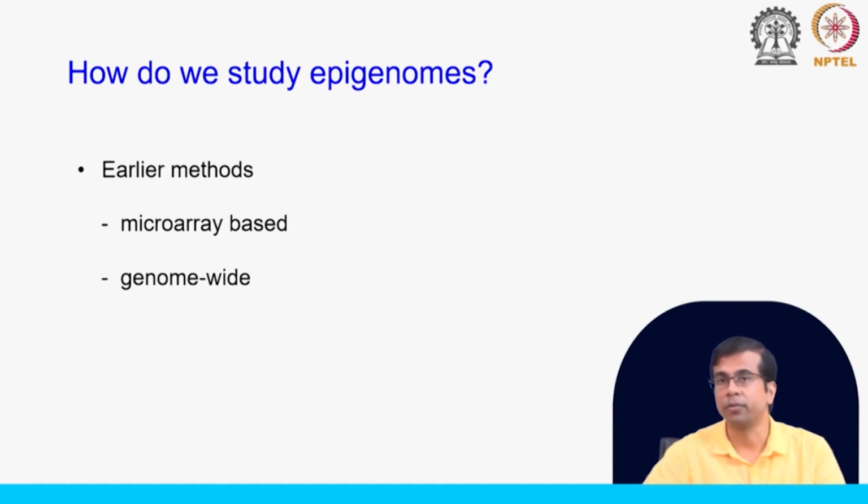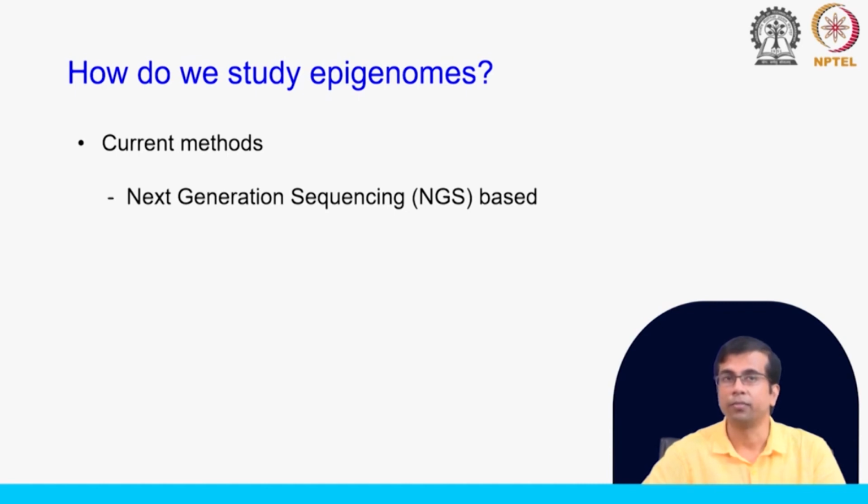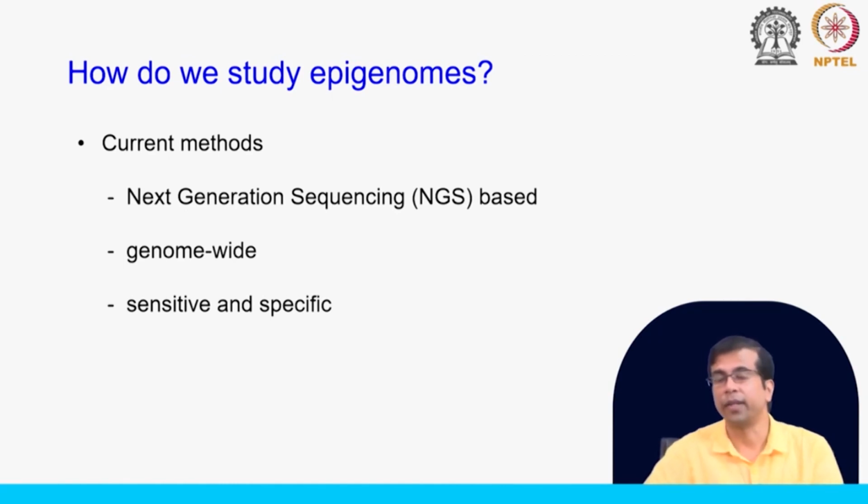But we have already discussed the limitations of microarray methods, and the sensitivity and specificity are much less in microarray based methods. This is where the next generation sequencing methods come in. So, the current methods rely on next generation sequencing based approaches. These are genome wide and they are sensitive and specific, as we will see as we go into different examples